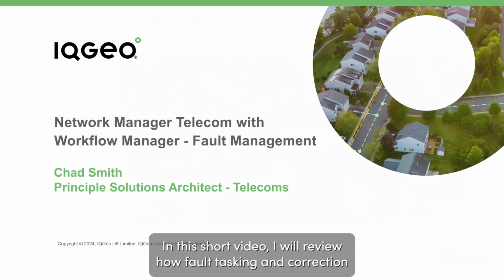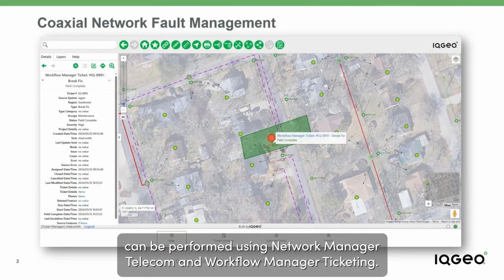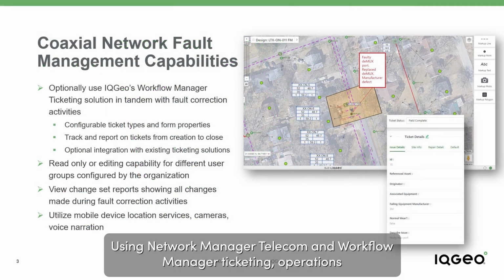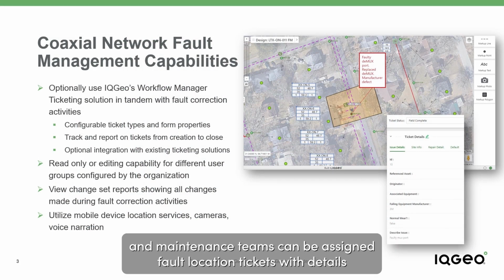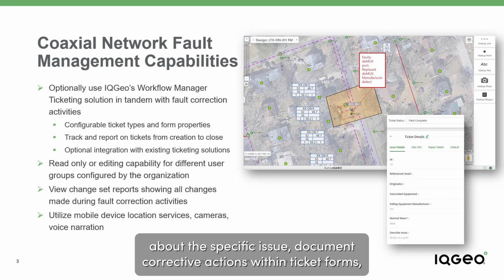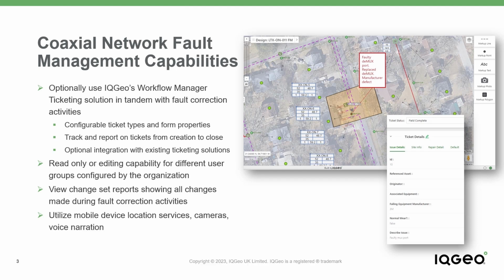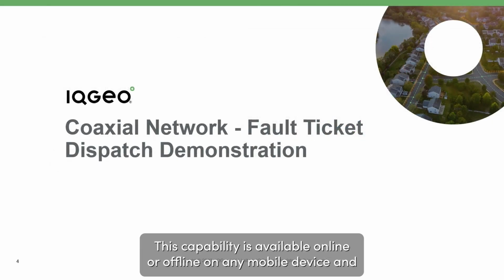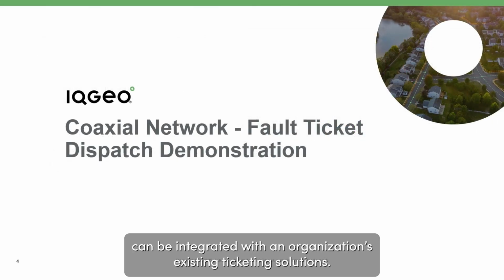In this short video, I'll review how fault tasking and correction can be performed using Network Manager Telecom and Workflow Manager Ticketing. Using Network Manager Telecom and Workflow Manager Ticketing, operations and maintenance teams can be assigned fault location tickets with details about the specific issue, document corrective actions with ticket forms, redline markup tools, or through database edits. This capability is available online or offline on any mobile device and can be integrated with an organization's existing ticketing